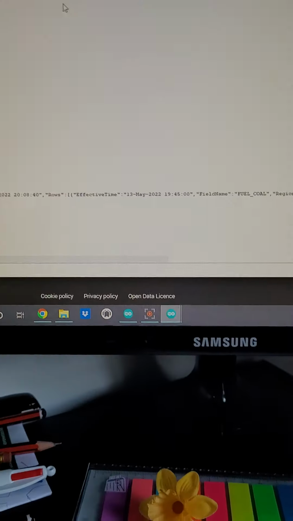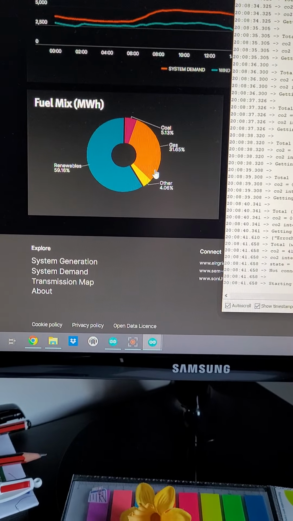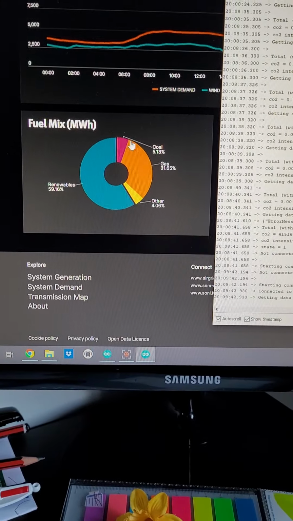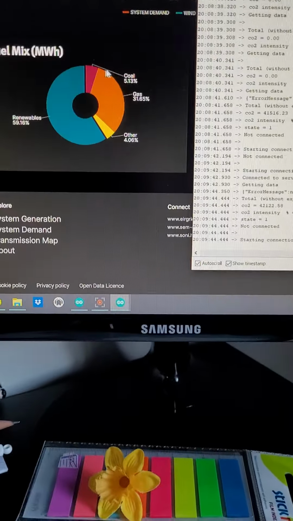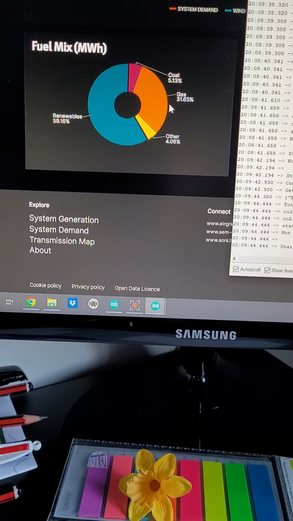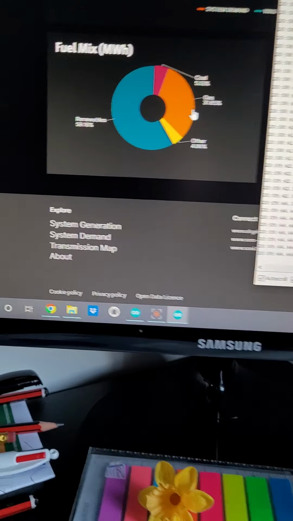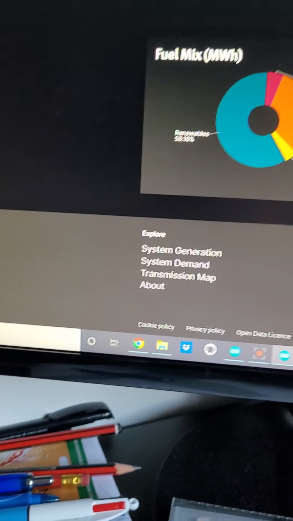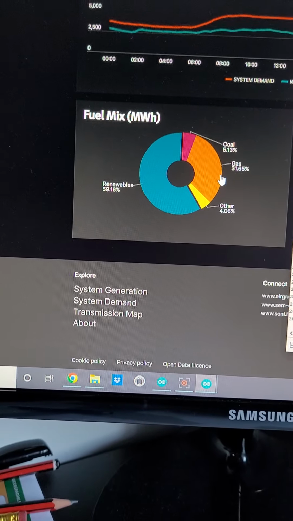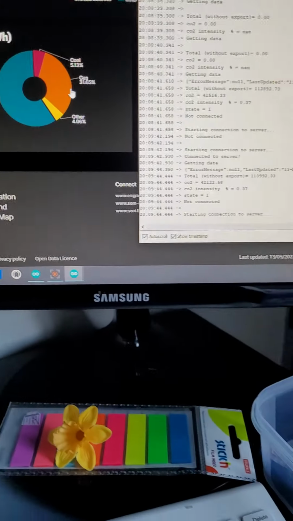So if I was just to get the serial monitor up here, as you can see right here, it says the CO2 intensity level is 0.37. So if we were to add fuel, coal and gas together, it would be around 36.78%, which is off just a bit,